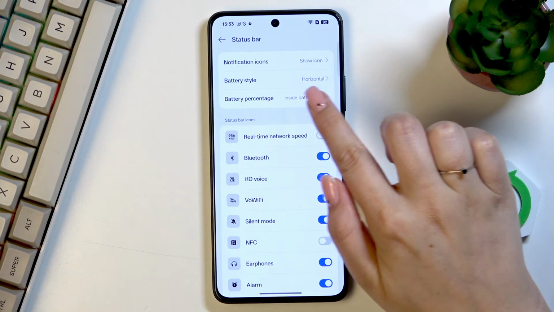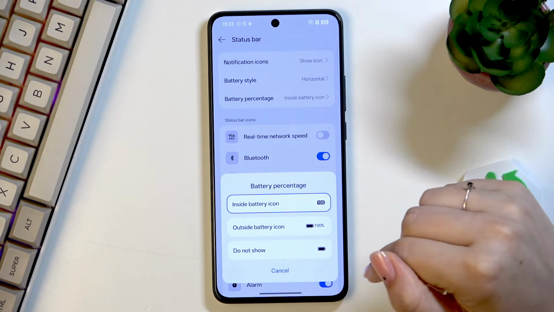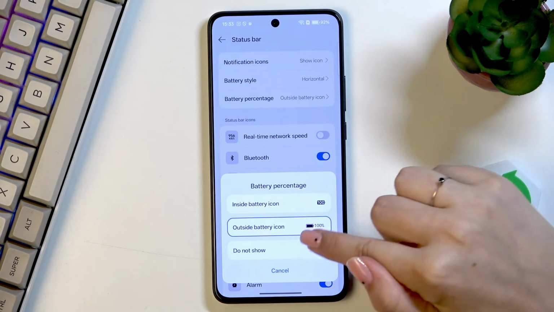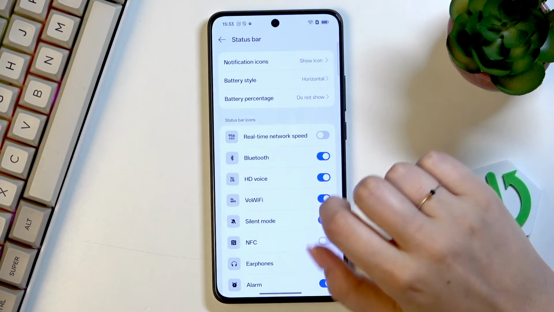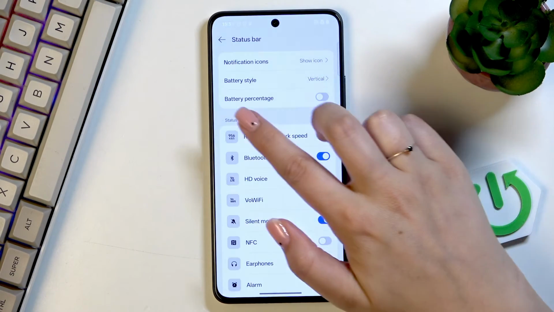So if we've got the horizontal battery applied, we can tap on battery percentage and we've got three different options. So inside the battery icon, outside the battery icon, which is much more visible, or do not show it at all. However, if we will change the battery style to, for example, the vertical option, the only option to show